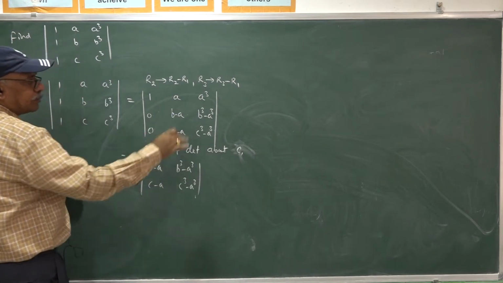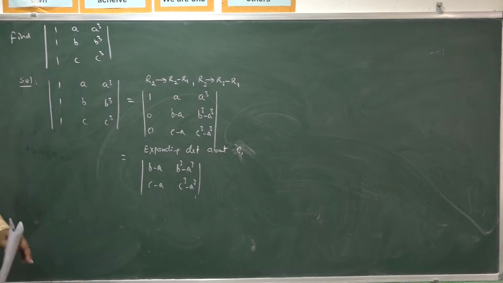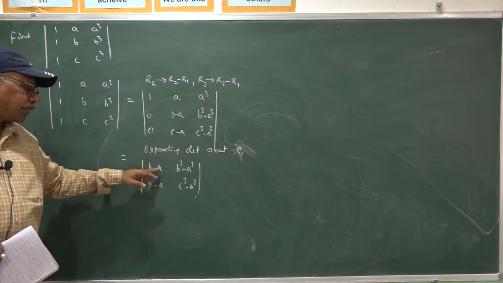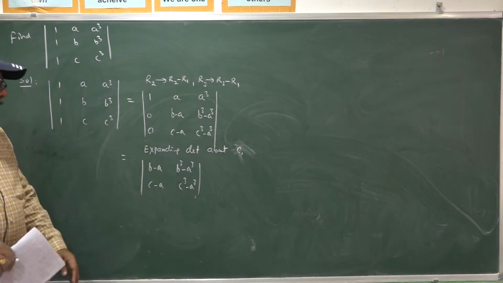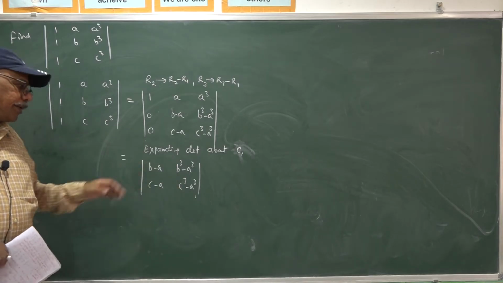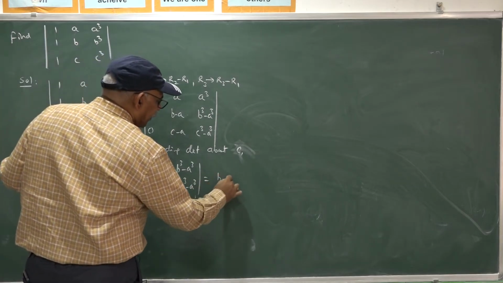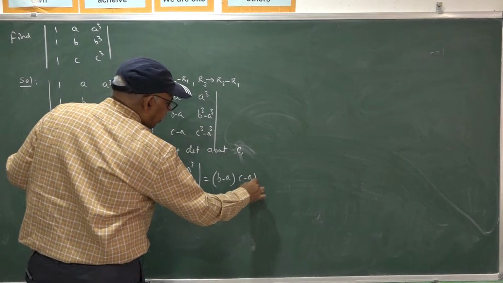The remaining values become 0. Now clearly, in the first row, B minus A is a factor. In the second row, C minus A is a factor. So taking B minus A and C minus A as common factors from row 1 and row 2,